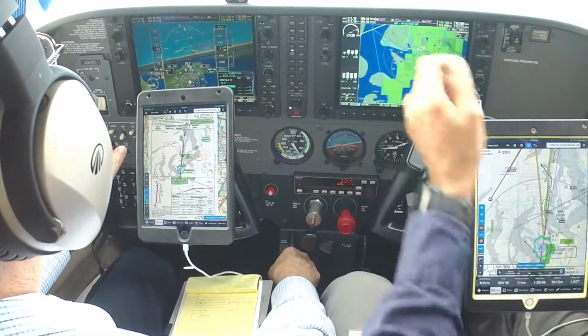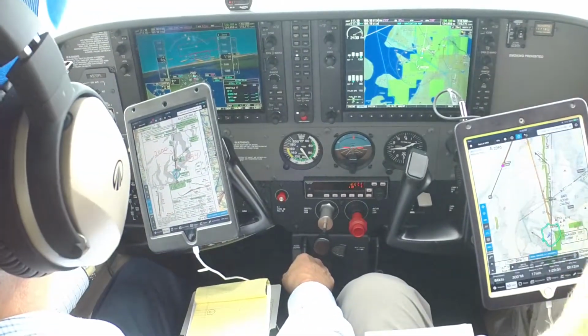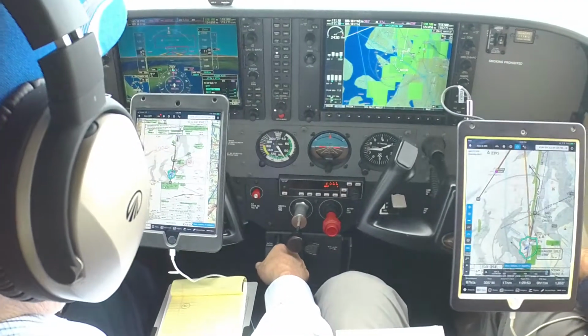See a little purple dotted line. That's good. We're in the hold. Remember on the simulator yesterday how sharp a turn is coming up, so we want to make sure we put